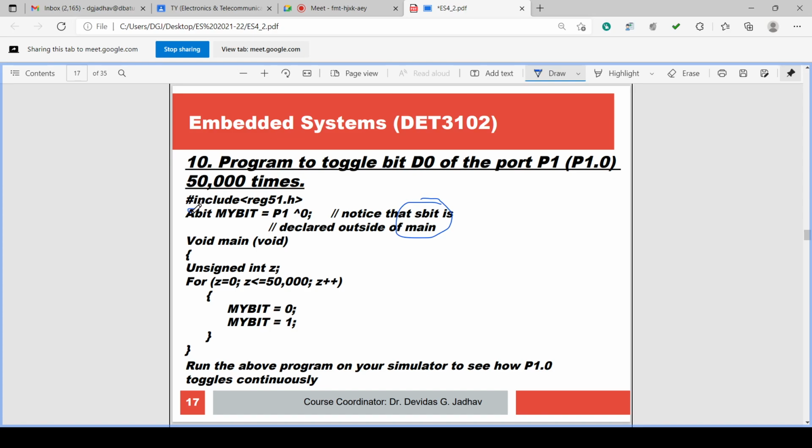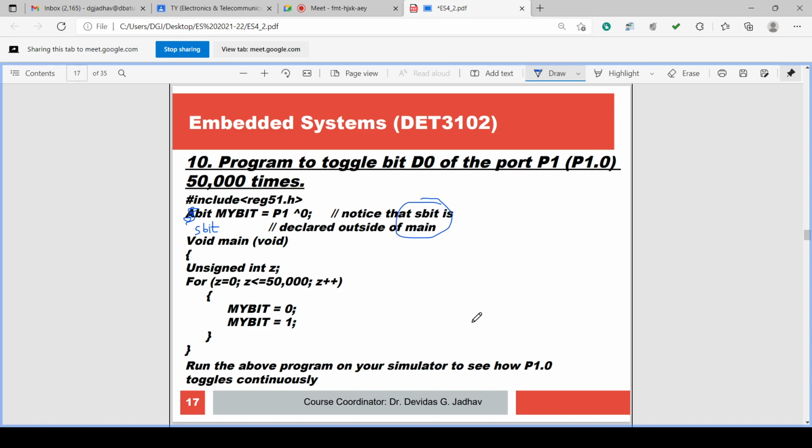So this must be sbit, it is not bit, it is sbit. We corrected this while executing the program. sbit is the type of the variable. sbit, then whatever name you can give, suppose my bit, equals P1^0. So for port P1, the 0th pin is considered as my bit.